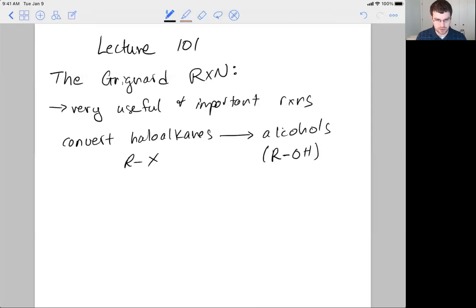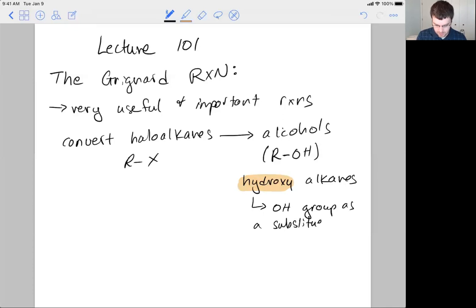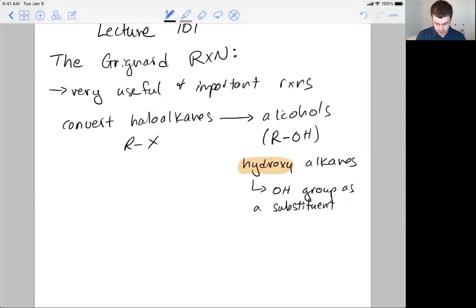So let's just remind ourselves that alcohols have this ROH. They're also called hydroxyl or hydroxy alkanes. Hydroxy is an interesting term, but it's just referring to a substituent that is an OH group. So an OH group as a substituent. So an example,